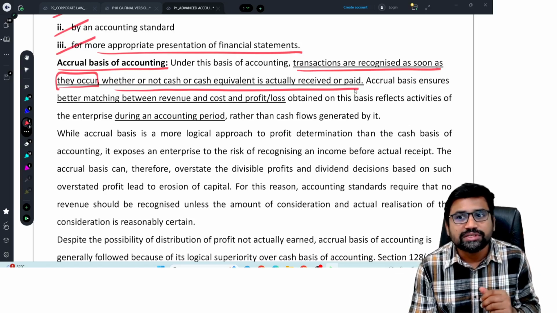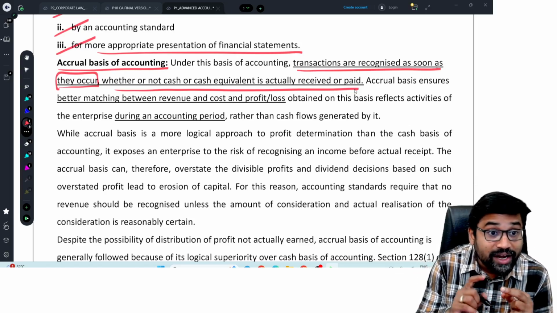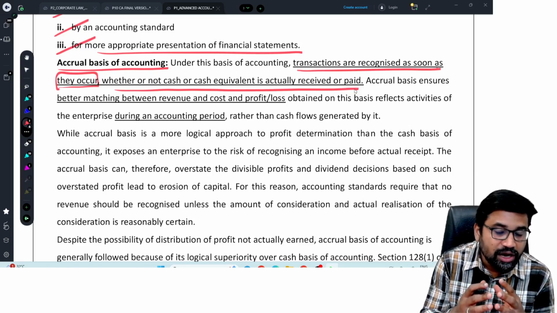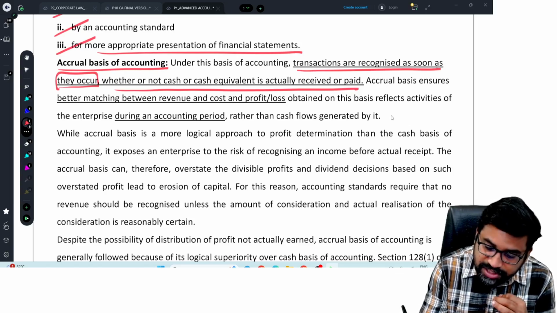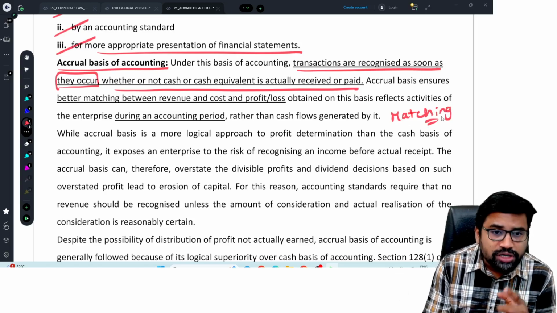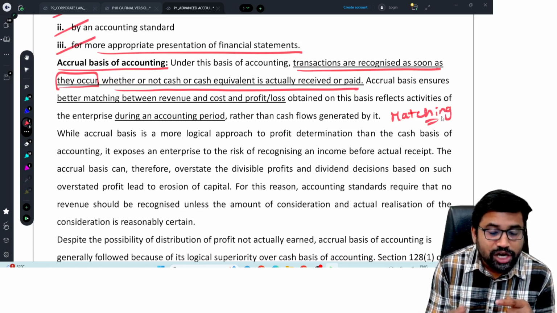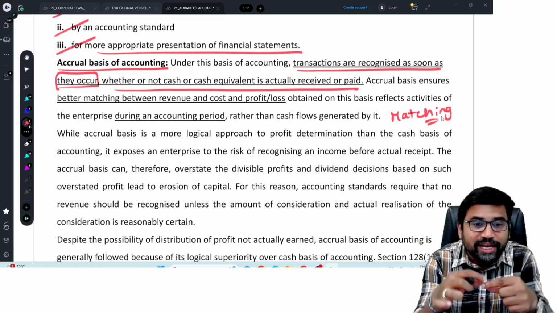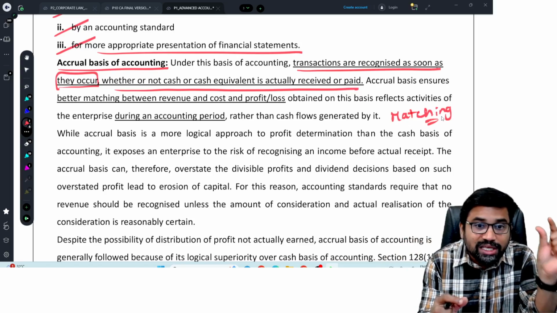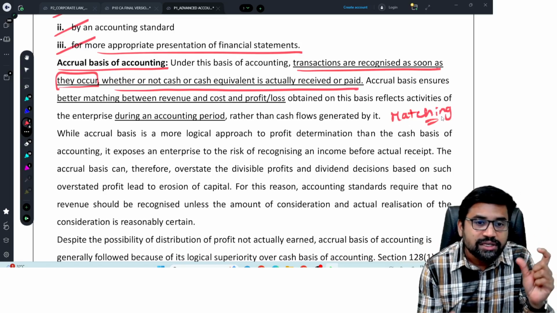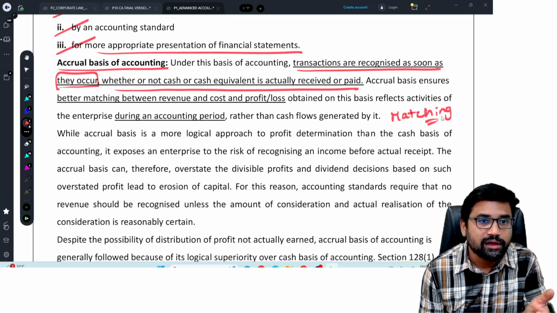See, why did this accrual concept come? To match the revenue and cost. So, the matching concept. Accrual concept always supports which concept? Matching concept. You need to match what? Your revenues, expenses and losses. How are you going to recognize? How are you going to match? What is the income you earn? What are the related expenses? Both will be recorded in the current period itself, then only the revenues and expenses will be matched. That's why this concept of accrual came, which says expenses will be recognized when they occur.